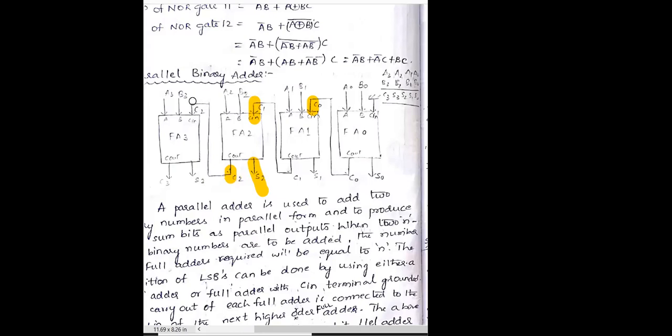This carry will be transferred to the fourth full adder, and A3, B3 will be added, and finally you will get the sum S3. If you take all the sums S3, S2, S1, S0, the sum of the 4-bit binary numbers will be generated. If there is any carry generated, it will be represented as C3. That is, C3 will be the most significant carry. If the carry equals 0, we don't write it. If the carry equals 1, then we write it as the most significant bit. Okay.